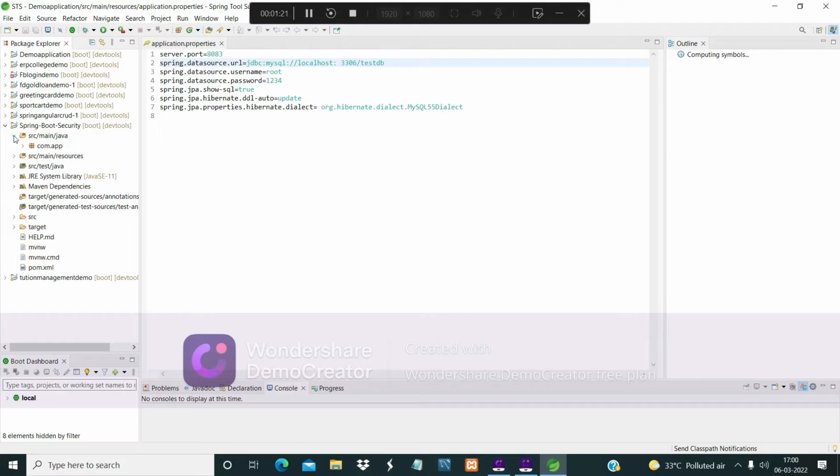We'll open the src main. We will create three, four folders.